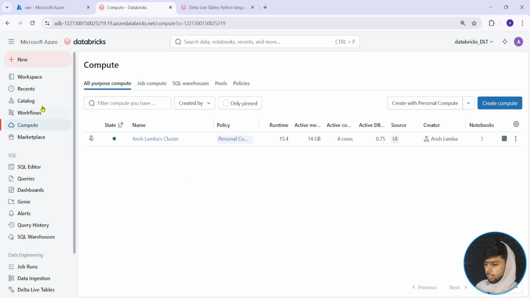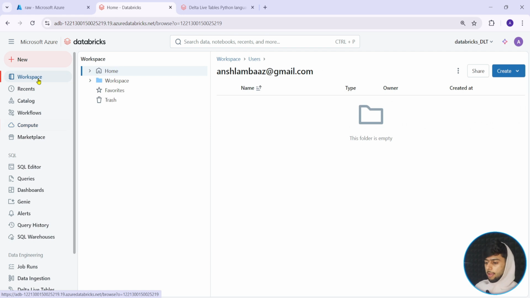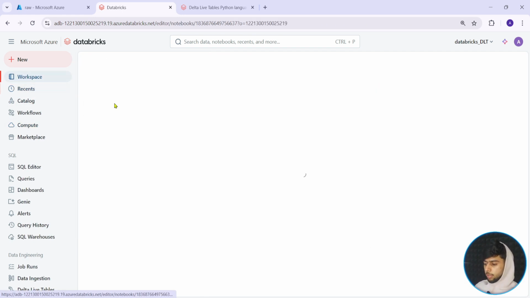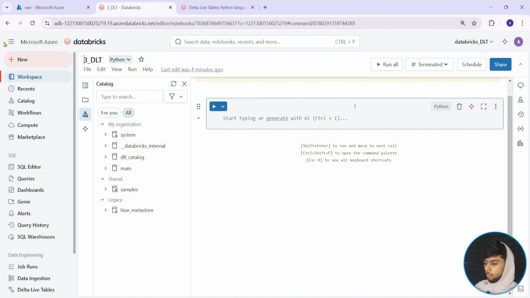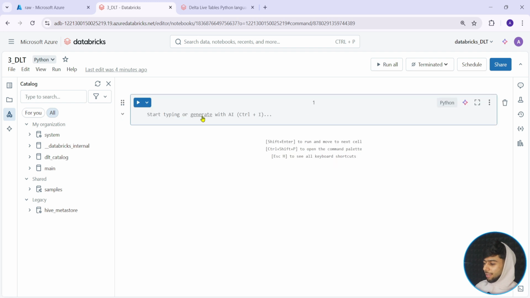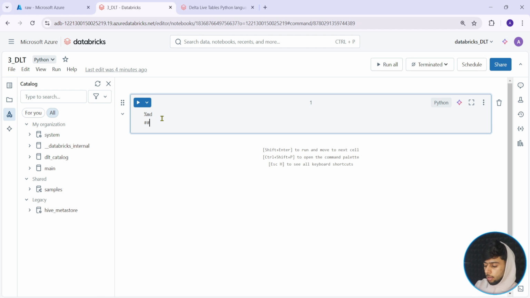And how can we do that? We all know this by now, right? Is it terminated? Yeah, now it is terminated. Simply go to workspace and I think we should have a third notebook because I just created it. Yeah, here it is. We know the trial is ending in 14 days. So I'll simply say percentage MD, and this is an